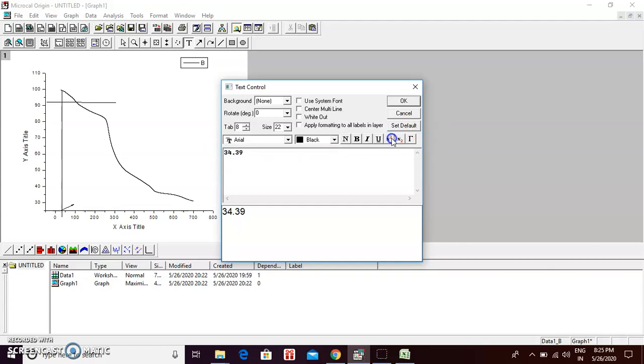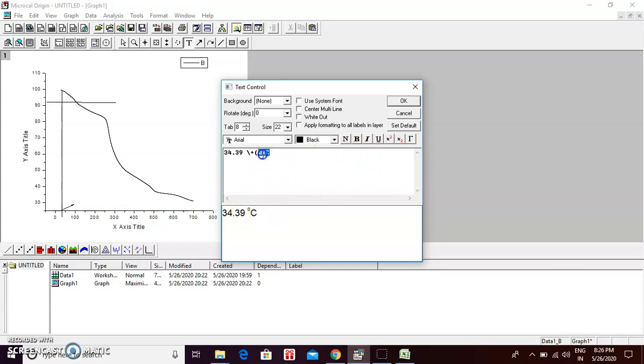For degree Celsius, you have to click onto this icon here. You see superscript and subscript are given. You have to go to the superscript, put the degree, then go beyond the bracket, click your cursor, then bring your degree Celsius, and you can see at the bottom that it is showing 34.39 degrees Celsius, the way you want to plot your temperature.